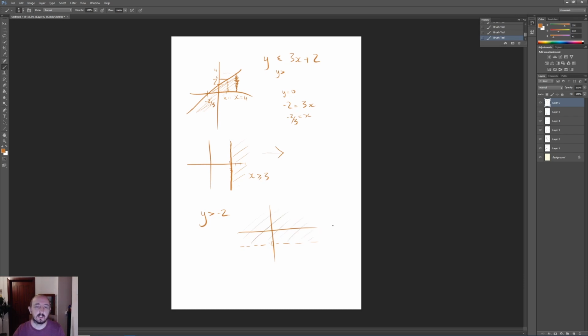Okay, so all we have to do for these shaded inequalities is to think y is greater than negative 2. So y of minus 1 would be that line there, 0 would be there, 1 would be there, 2 would be there. So all of these are the ones that we're looking for,